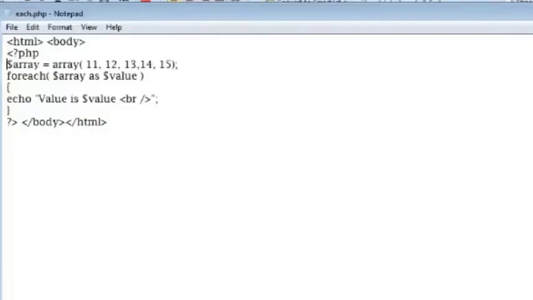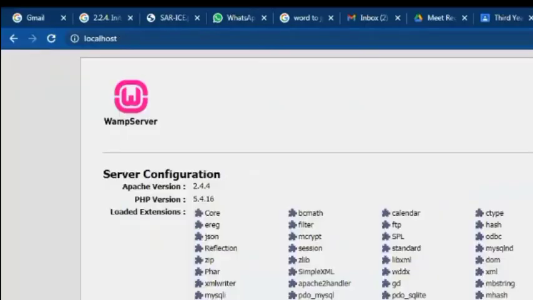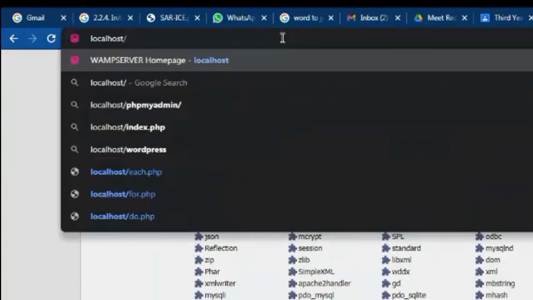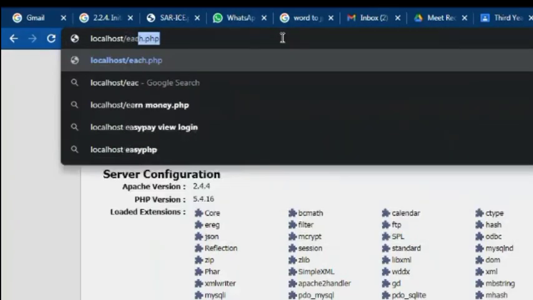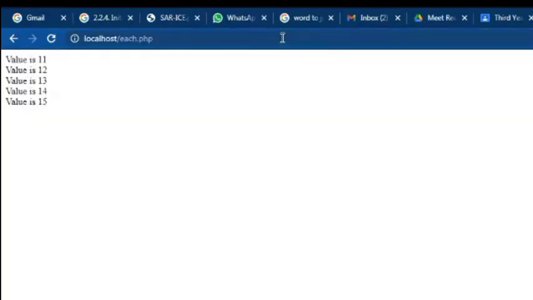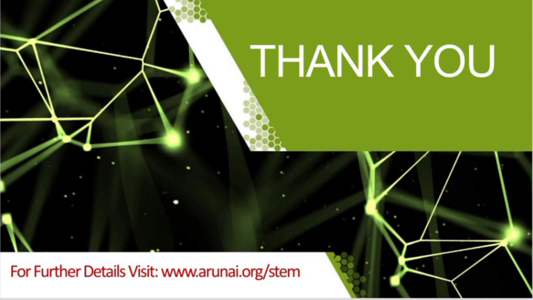Here is the code. After that we use localhost, under localhost foreach.php, and this is the output. Thank you all.